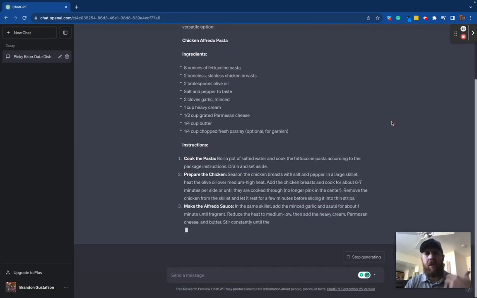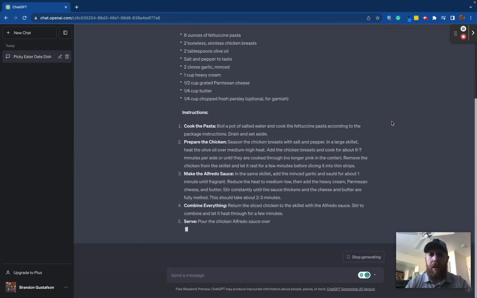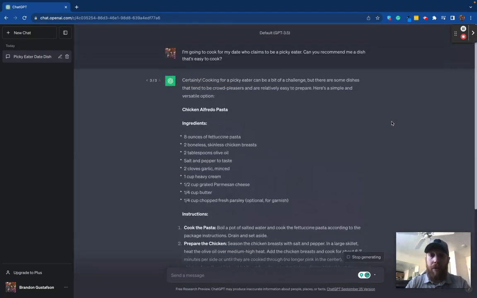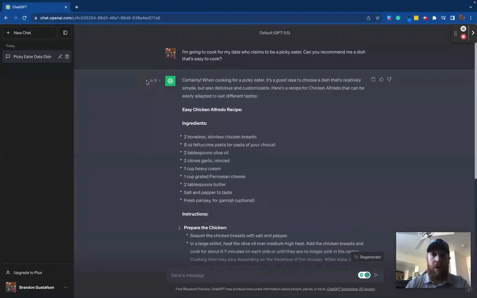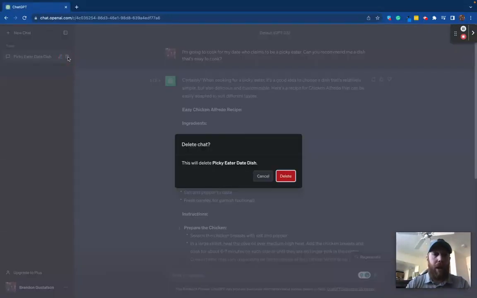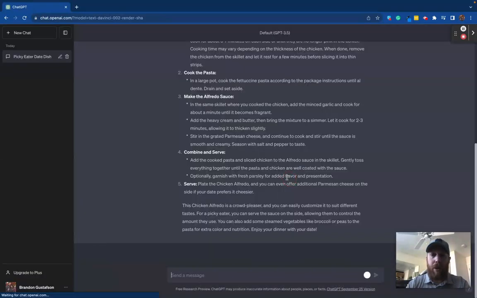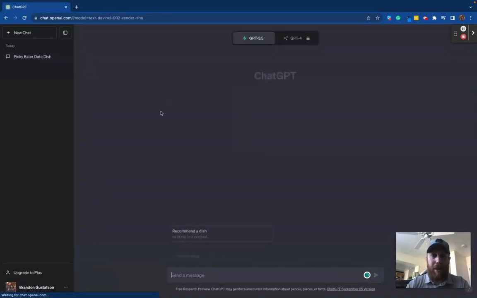And this is how ChatGPT is a learning model. When I click that, it actually went through and gave me a different one. So you can see it's giving me those, and when I like it, it's just going to say, oh, okay, cool, you like these things on here. So we're going to go ahead and delete this chat again. That's how you can use those things right there